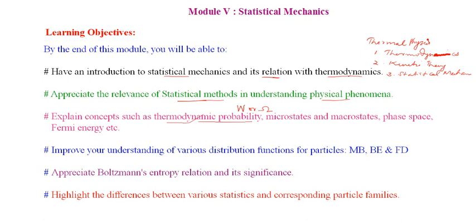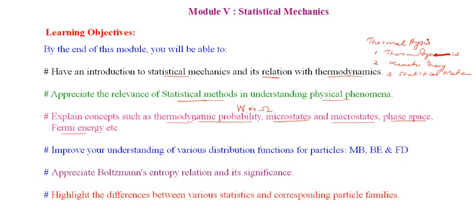Then there are some fundamental concepts such as that of microstates and macrostates. Then another very important concept, namely the phase space. Then in modern physics also you would have come across maybe the concept of Fermi energy. So many concepts are there. We'll have a brief introduction to each of these concepts. We plan to